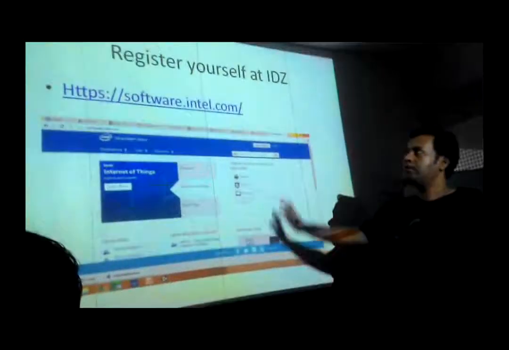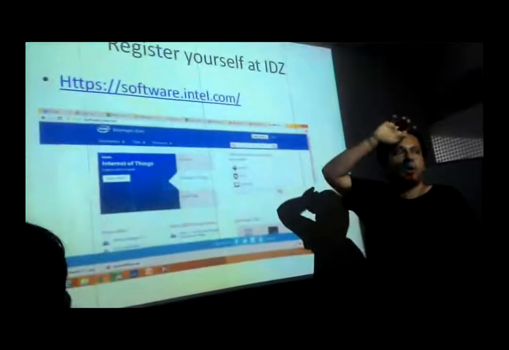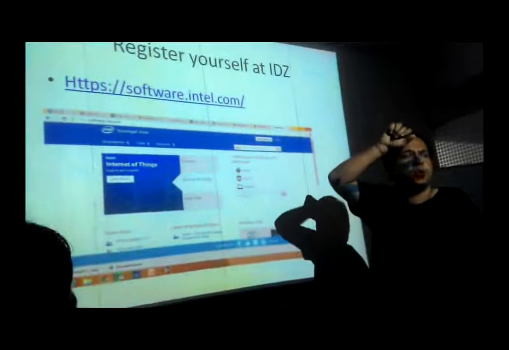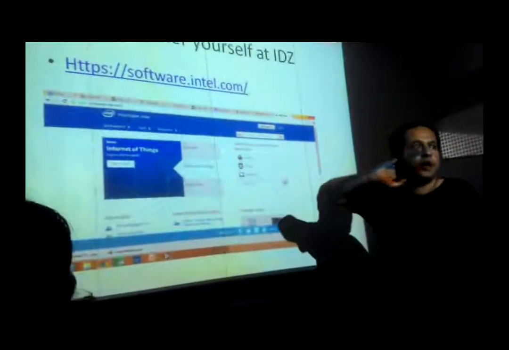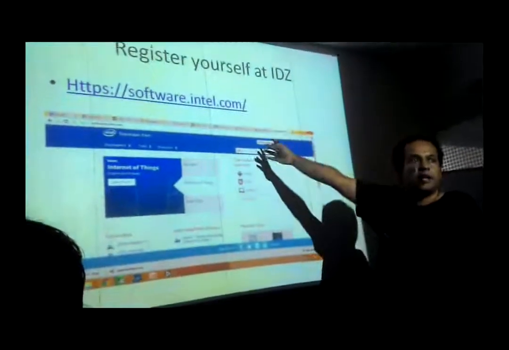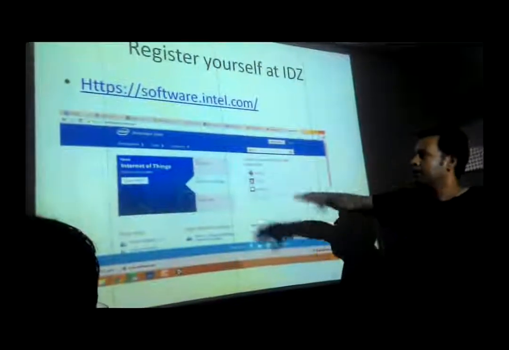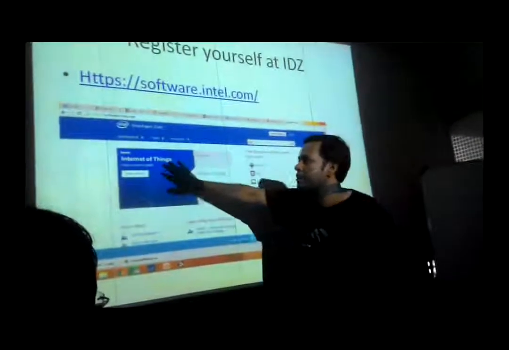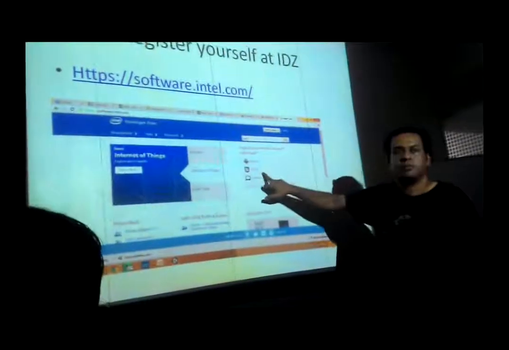So I would recommend, as you are interested in taking your software knowledge to the next level, that as you have registered at Microsoft.com, there is a similar software site Intel has, software.intel.com. Same kind of resources. There are a lot of things happening over here. You can have knowledge about Internet of Things, Android, HTML5, Windows 8.